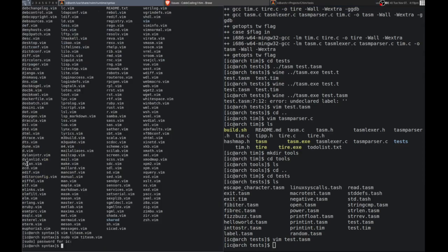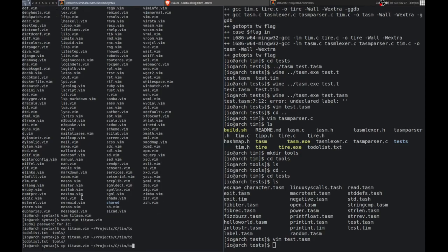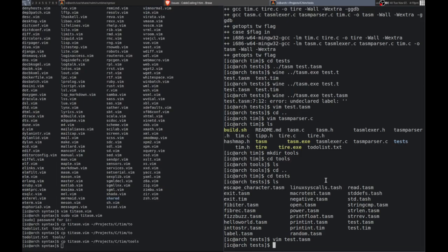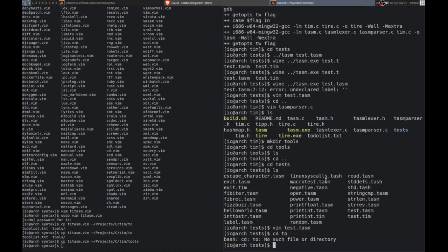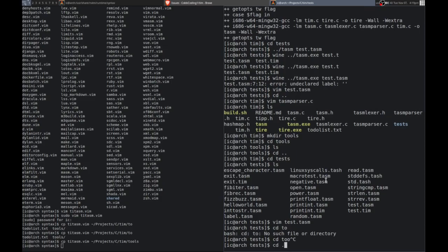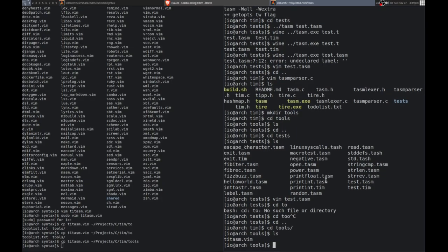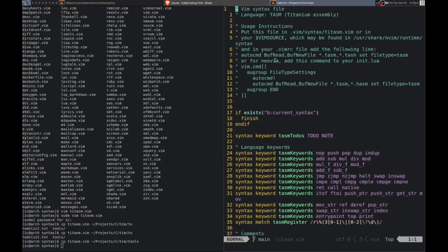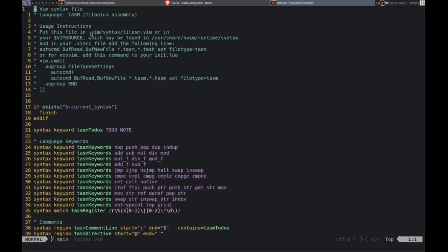So if I copy paste this one into tools, just like that, and then I go into tools. Whoops, it is in here, tools, there we go, and now we have that in there. So you can take that, and it has the instructions, so you take it, and then if you're using regular Vim, then you put it into your